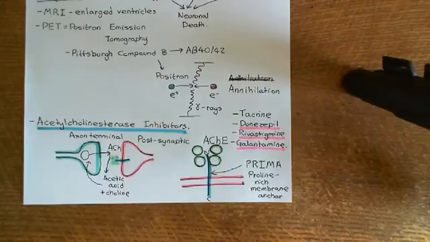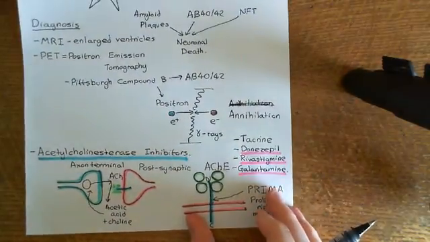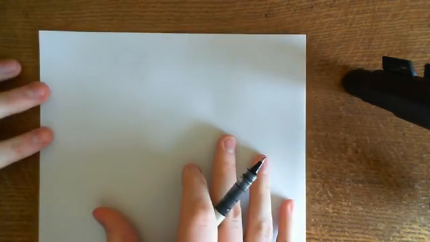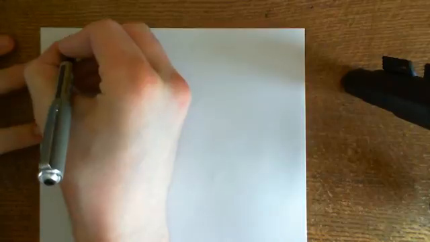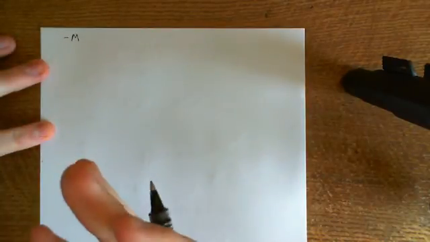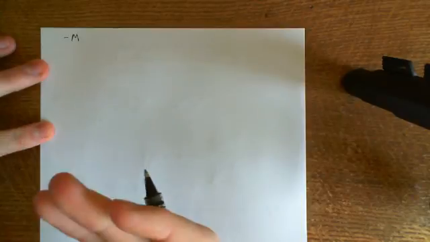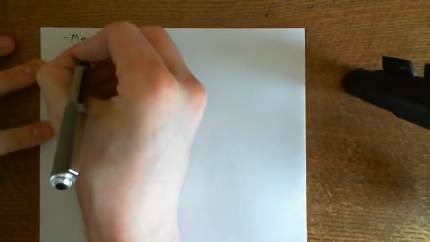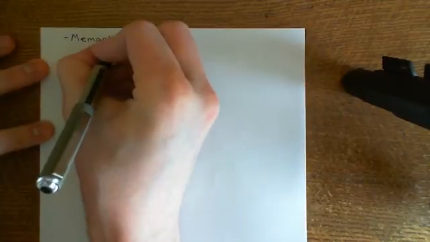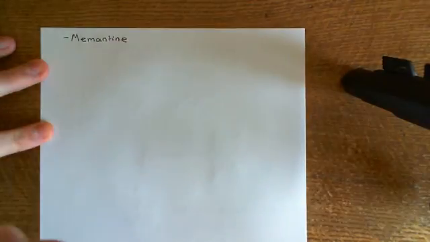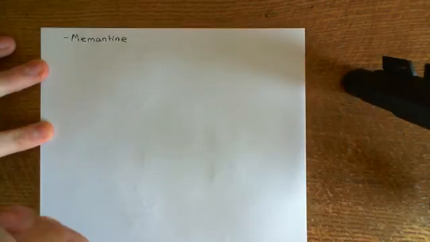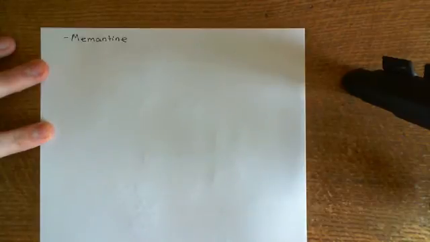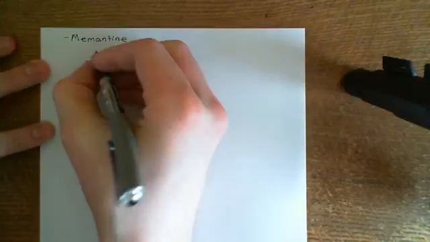Okay. So, the other drug then that is used in Alzheimer's disease is memantine. Now memantine is actually going to have an effect on the neurodegeneration itself. It's going to slow down the neurodegeneration. However, it is not going to stop the formation of the amyloid plaques or the neurofibrillary tangles. It is going to reduce the ability of those things to actually kill the neurons. So it's going to slow the neurodegenerative process. Okay, right. So, before I begin this discussion of how memantine works, we need to know something about